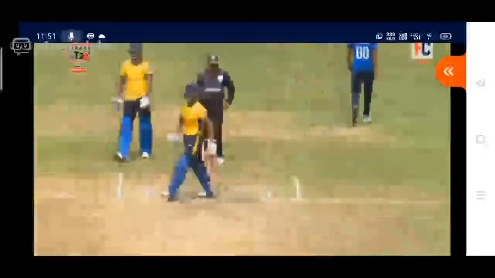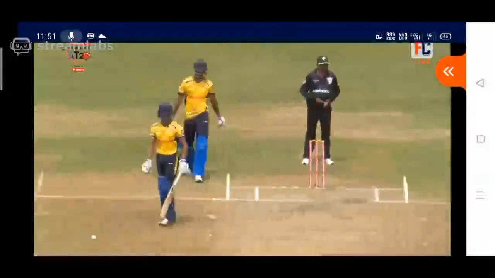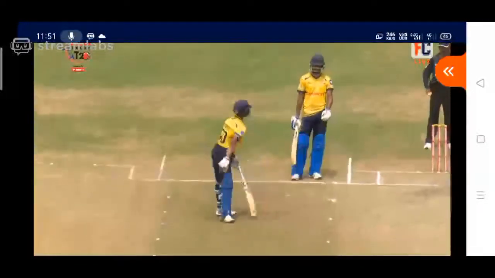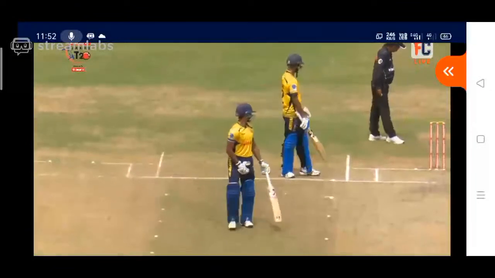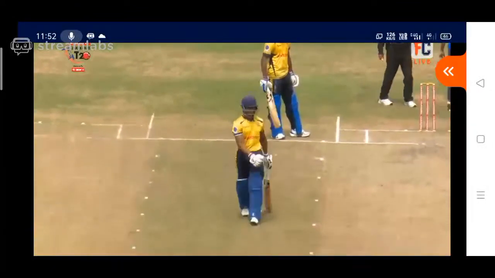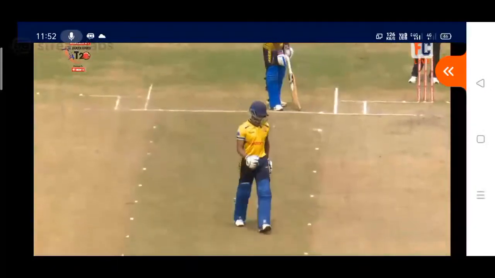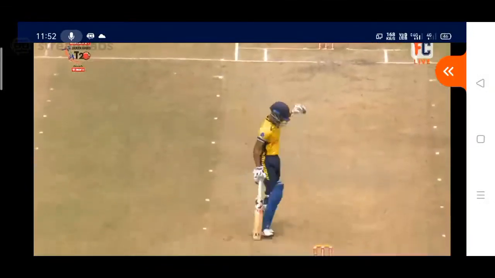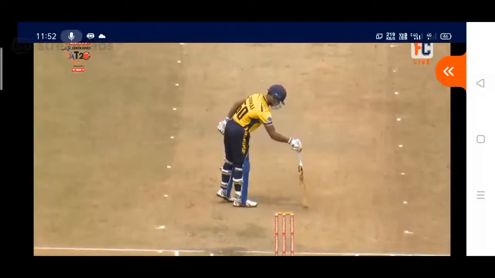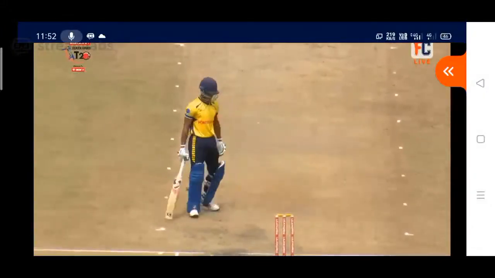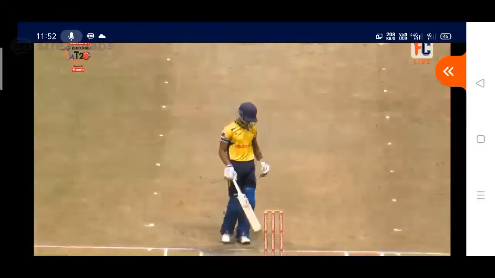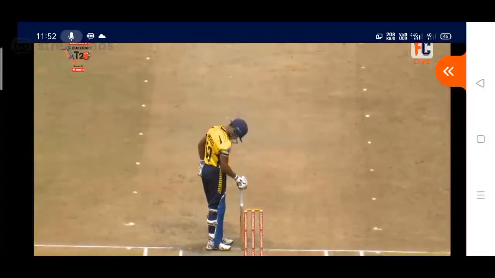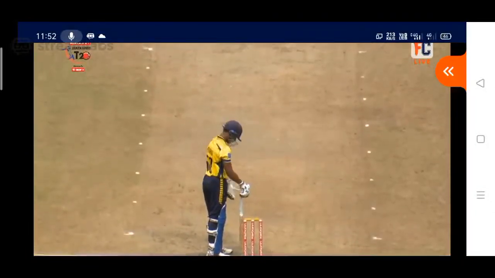This is what Dumka were looking at. The skipper bringing in Supriyo Chakrabarti, because he knows he can do that magic with the ball and can send the batsman back to the dugout. And Aditya Singh was dismissed by the bowler Supriyo Chakrabarti, 16 runs, and now we have the end.